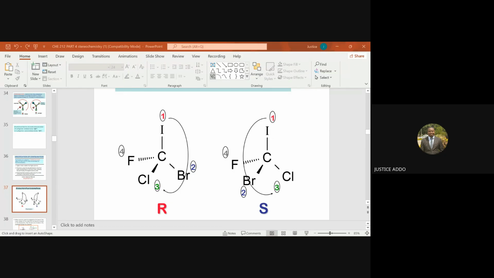In that case, you cannot say that when you are moving, the higher group, which is the chlorine, as against the fluorine, that one should go in hiding. No, you should always see the first 3 priority groups, so that when you are moving from 1 to 2 to 3, the direction you follow will let you get your configuration right as either R or S. So when you have a situation like that,